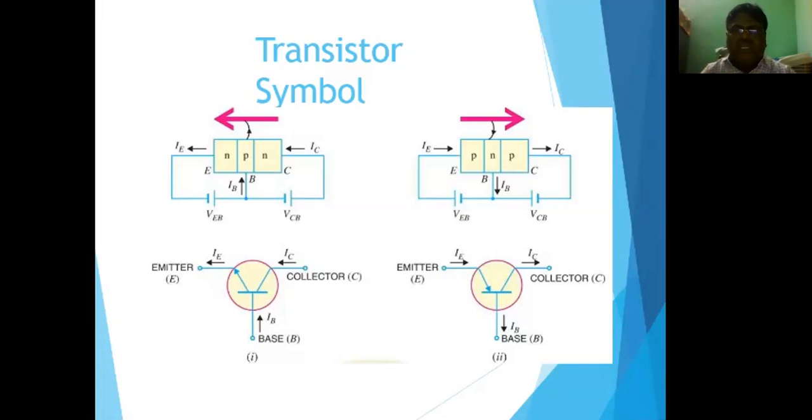The below diagram is the symbol of the PNP transistor. The PNP transistor also consists of three terminals: emitter, base, and collector. IE means emitter current, IC means collector current, IB means